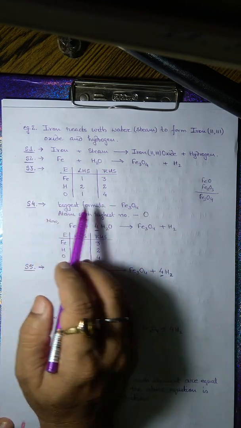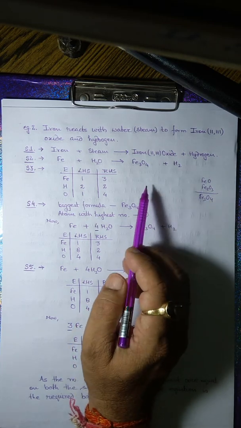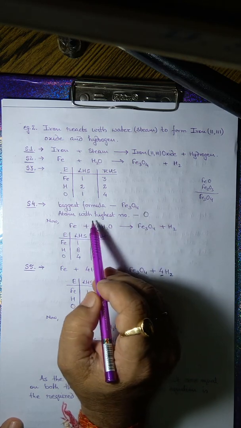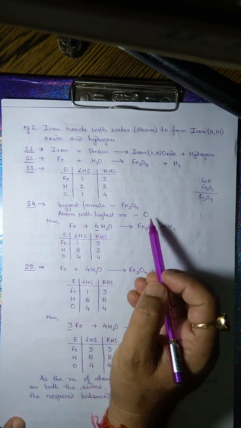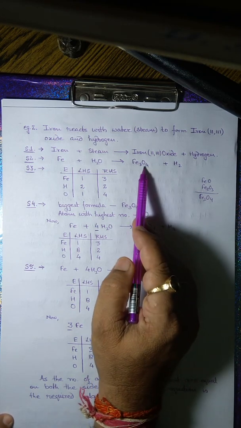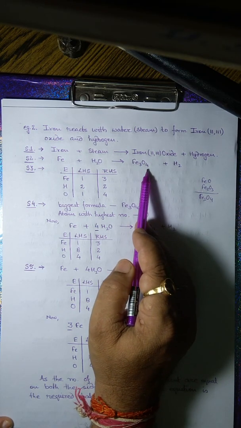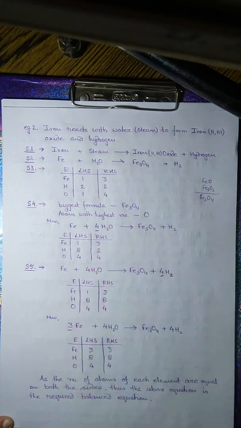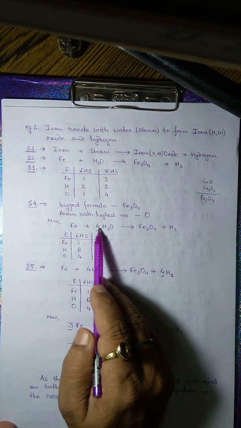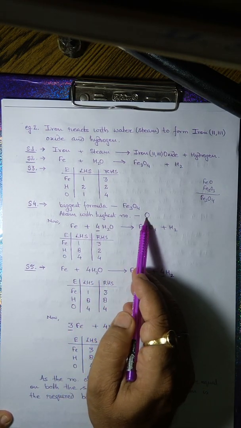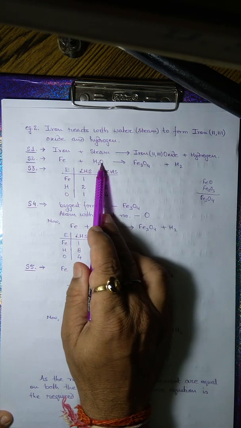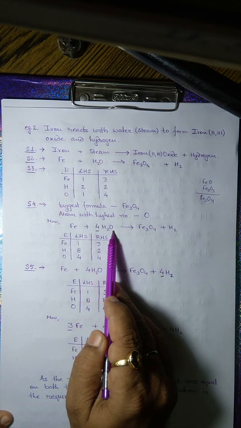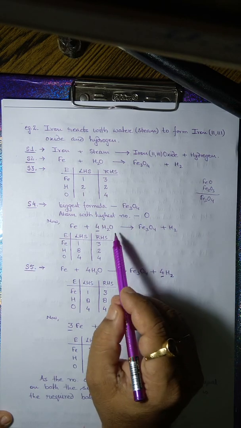Now step 4, we have to choose the biggest formula, that is Fe3O4, and the element with the highest number of atoms, that is oxygen, 4 atoms of oxygen. First we will have to balance this oxygen atom in the biggest formula. To balance oxygen in this equation, here 4 atoms of oxygen, here 1, we will multiply here by 4. What we have done, we have multiplied here by 4, 4 H2O,